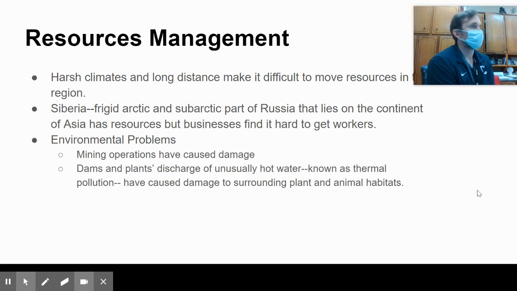I mean, you can even argue that it's difficult here in the United States because the political climate is so hostile at this point, is the best way to put it, that it's hard to tackle any type of problems that we have, even environmental problems. So anyways, I think that is the last slide. So again, that's just an overview of that region.